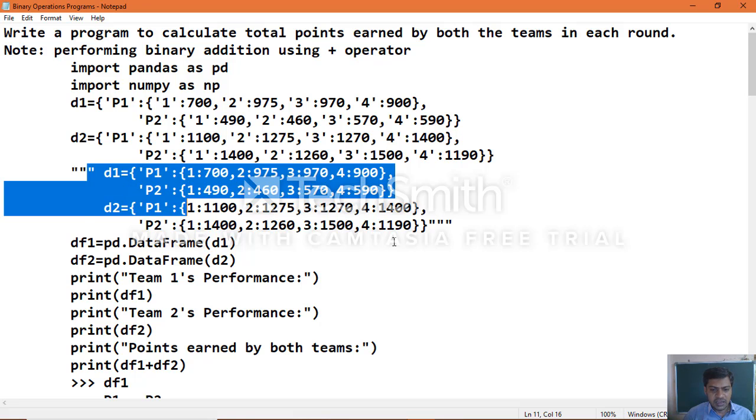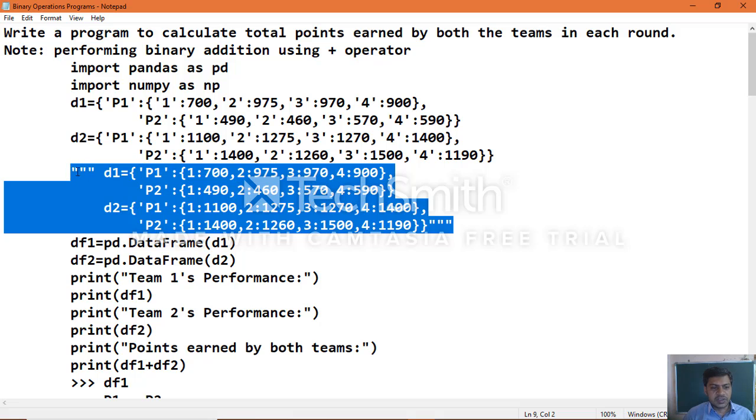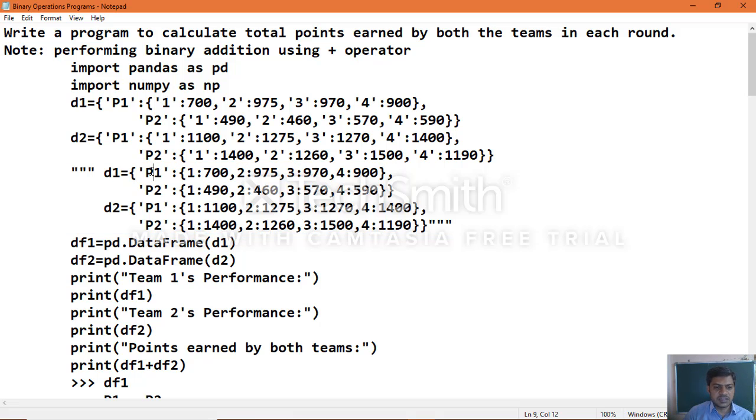You can see clearly with the comment which I specified, same dictionaries without specifying the inner keys as strings. p1 p2 is a combination of string and numeric value, that's why we put it within quotation, whereas 1 2 3 4 are numbers. So without string values also you can specify keys such a way, which works fine.